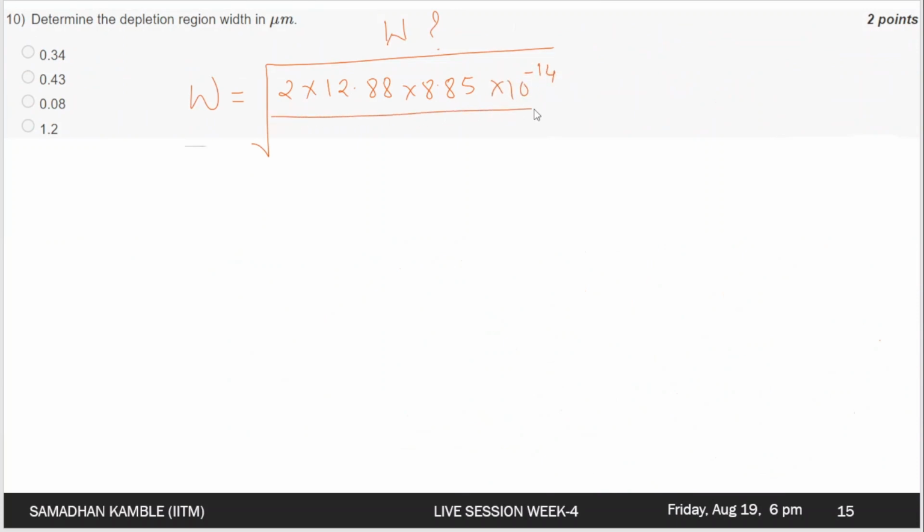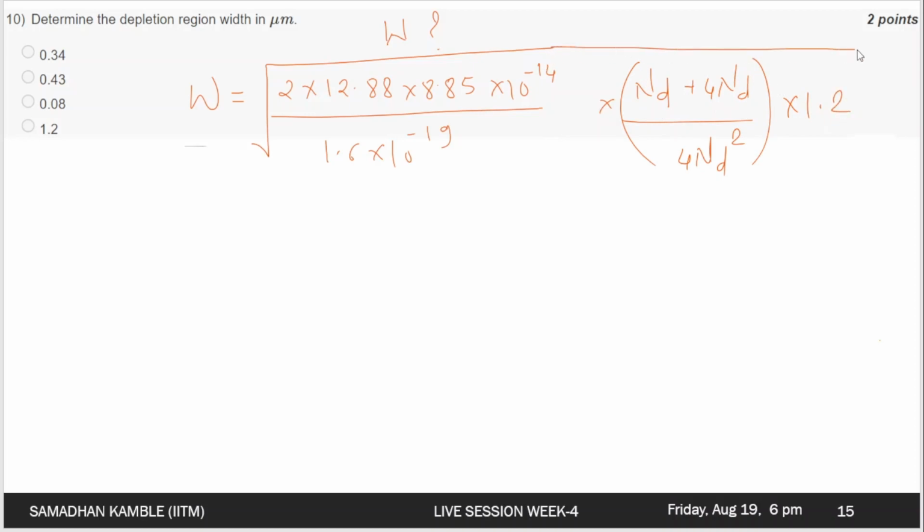So I have substituted the value of epsilon divided by the charge. I also use the relation between ND and Na times the built-in potential. Okay, so if we just calculate it, you will get the depletion width as 4.31 times 10 to the power minus 5 centimeter. So we need it in micron, so we can